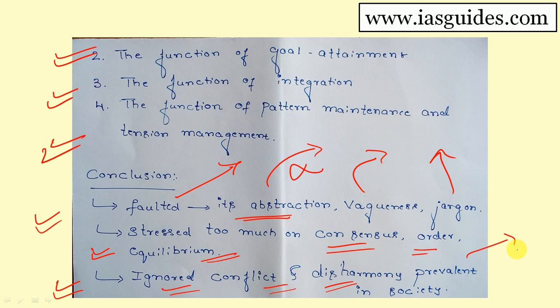But anyway, after seeing all this criticism also, we should keep in mind that this is just an analytical model. Talcott Parsons already told that this is just a model. It is an analytical model. It is not a reality. He tells that. So we should keep that in mind, and we have to conclude that this is just an analytical model and it is not the reality, and it is very clearly told by Talcott Parsons. Okay, that's it guys. All these were the concepts of social system theory.